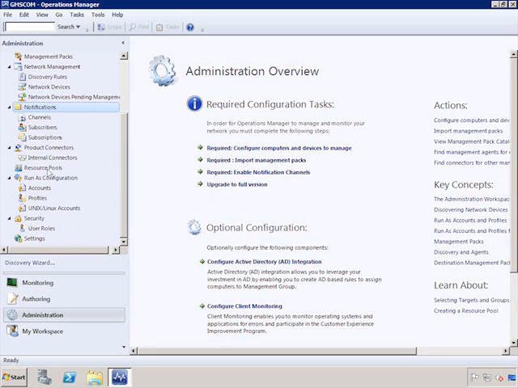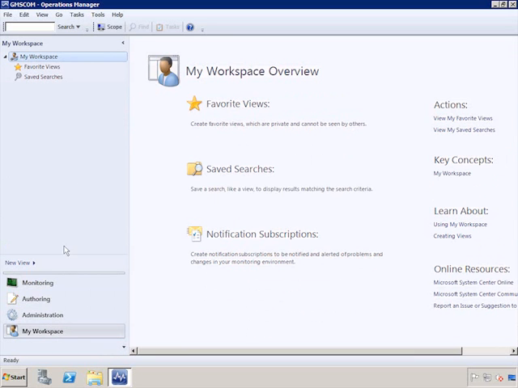And then some other administrative options that we'll go over as necessary throughout this course. And then we have My Workspace. This is where you can tailor your own workspace to your needs in Operations Manager. We won't spend a lot of time on My Workspace in this course, mostly in monitoring and administration and a